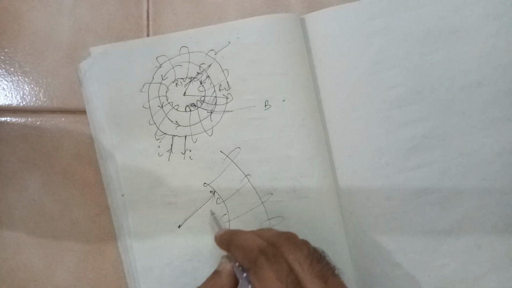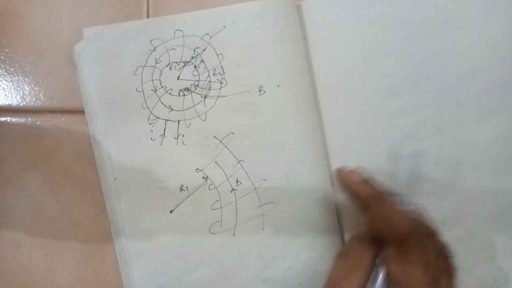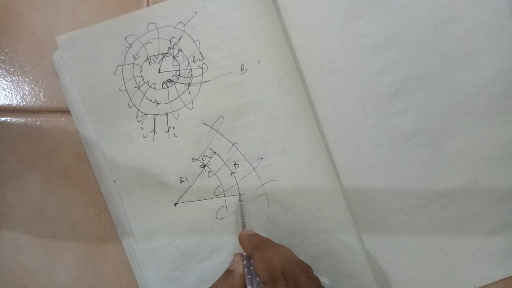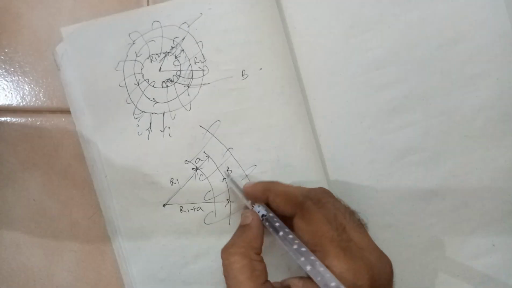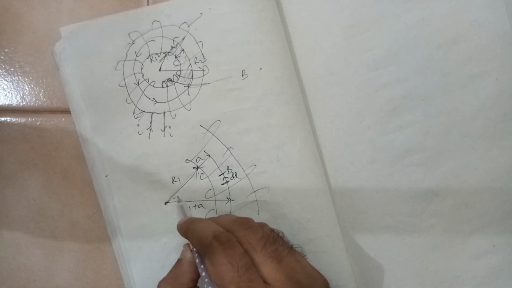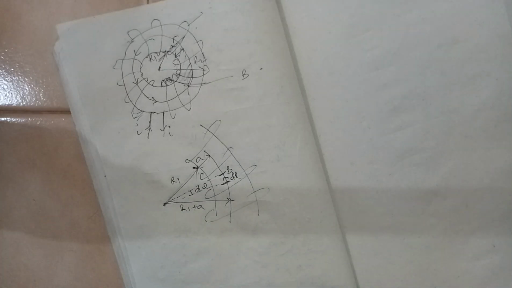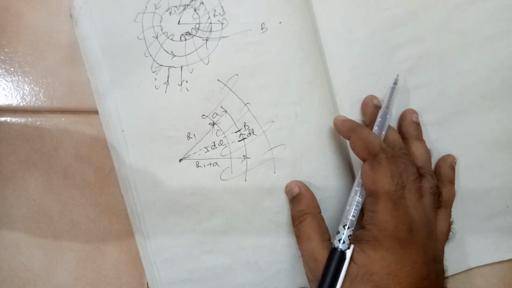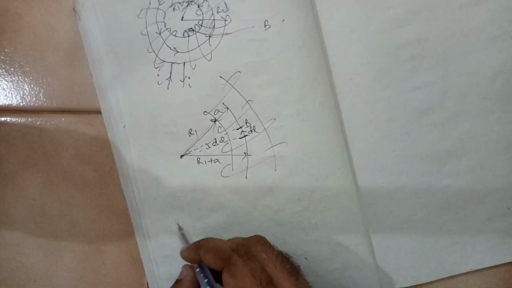So this is R1 and here is your magnetic field, and this gap we are calling A. So this total distance will be R1 plus A. If you take a small element dl, which is making d theta, so a small element has been considered. We can find the magnetic field using Ampere's law, which we have done earlier.